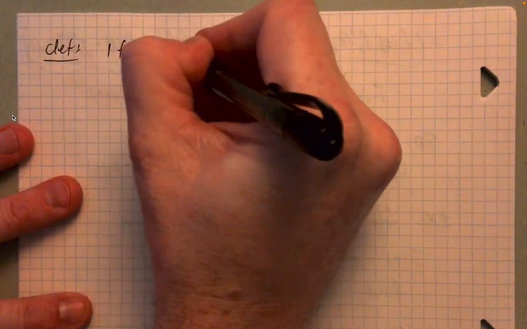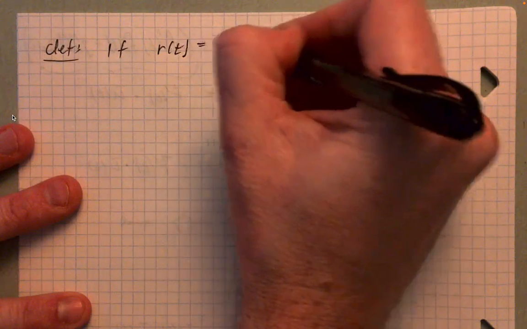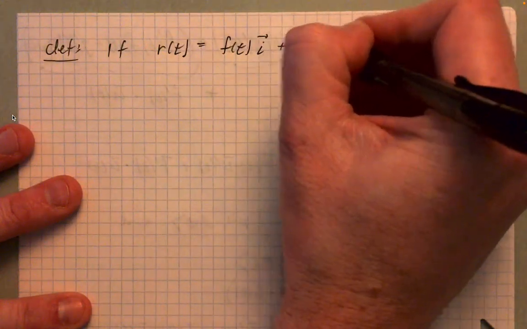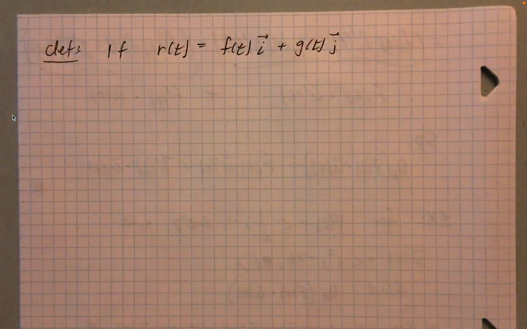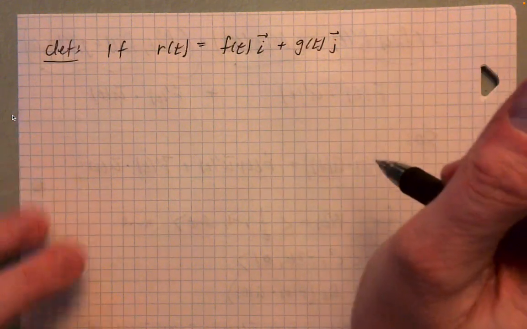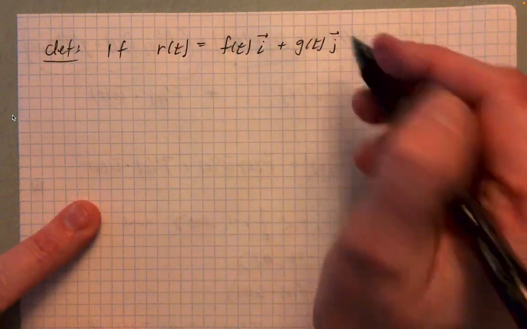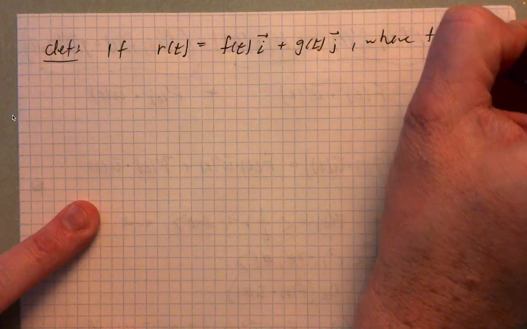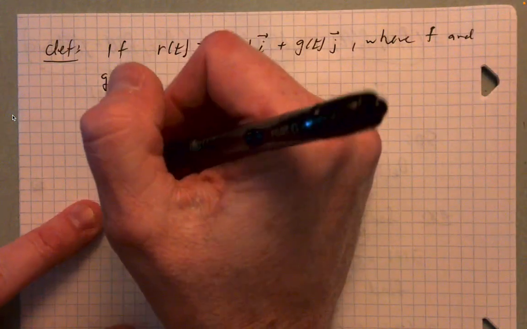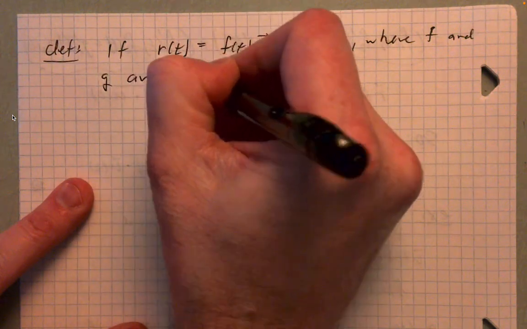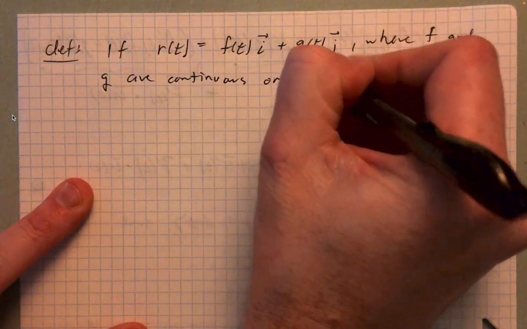So if r of t is equal to f of t times i plus g of t times j, right? And I'm just going to take, for the definition, a two-dimensional vector. It works the same with three-dimensional vectors. It'll just be adding another layer to the calculation, but it's very straightforward and intuitive, right? Just in the interest of brevity, we'll roll with the 2D definition. Right, so if you've got a two-dimensional vector valued function where f and g are continuous on a b closed interval,